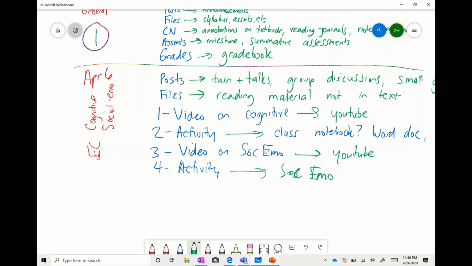So the format's going to be, we have video, so a channel for posts where we'll have some group discussions, a channel for files if there's any extra reading material. Then we'll have a video on cognitive, an activity, a video on social emotional, then an activity. It'll be in an order. When they load up those tabs, I want them to know exactly what they need to do to be successful